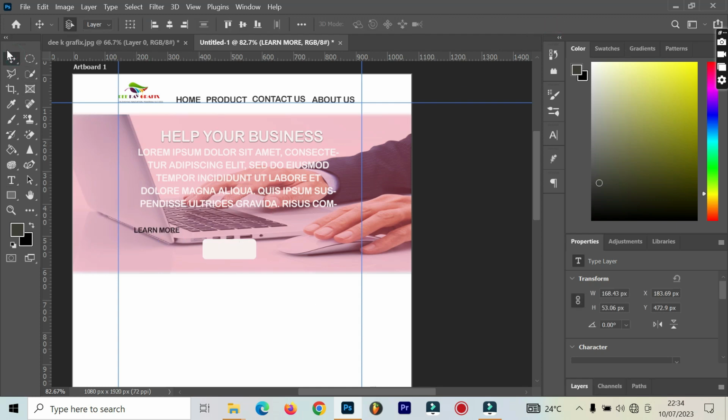Alright, pick your move tool. You hold and drag it slowly into the shape. Use your arrow key up to position it well. I think this is cool. Alright,